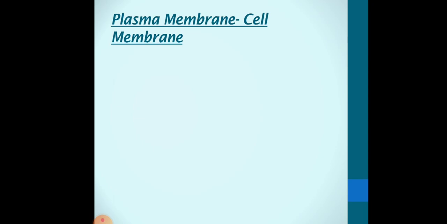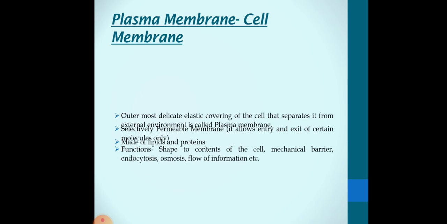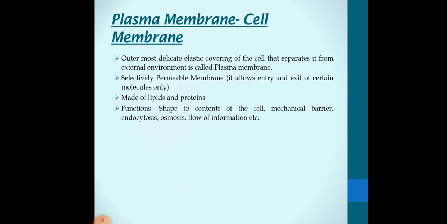The other name of plasma membrane is cell membrane. So, what is a plasma membrane? It is the outermost delicate elastic covering of the cell that separates it from the external environment. What does it mean? It means that the plasma membrane is the outermost covering of the cell, which separates the contents of the cell